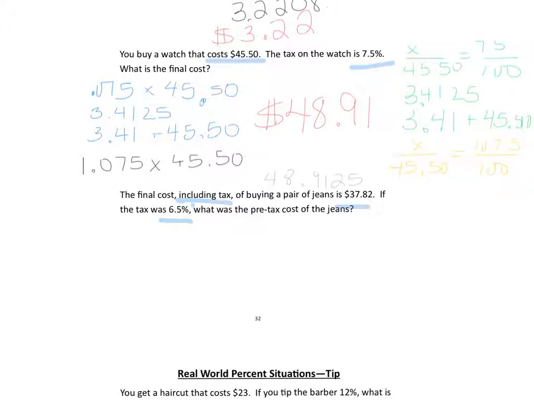We are paying for 100% of the jeans plus the tax, which is 106.5%, and the $37.82 represents what you paid with the tax. To figure out what you paid without the tax, you've got to go through and figure it out. If you want to go about it through the equation, it's 1.065 times $37.82. Now, whichever way you go about it, you're going to end up with